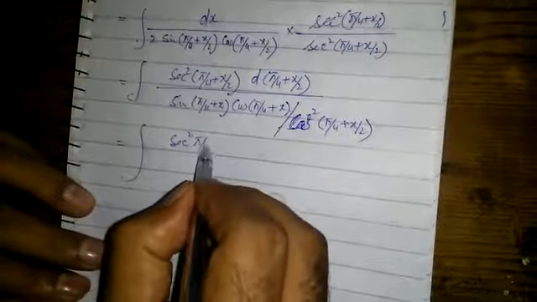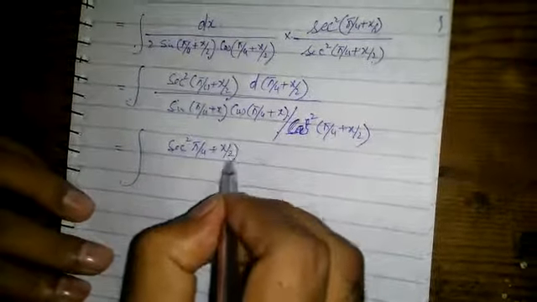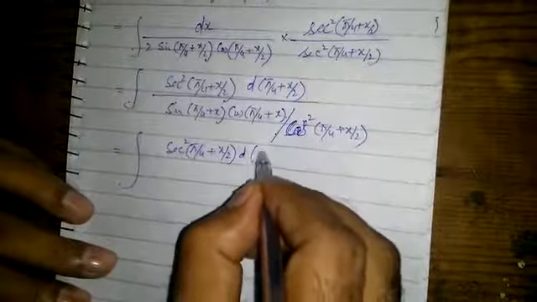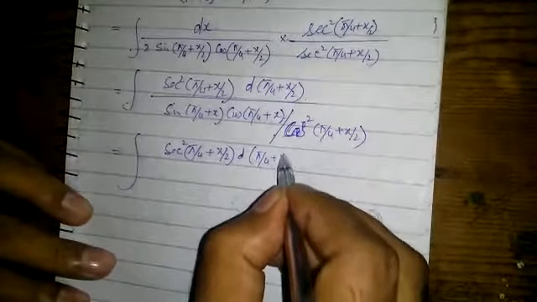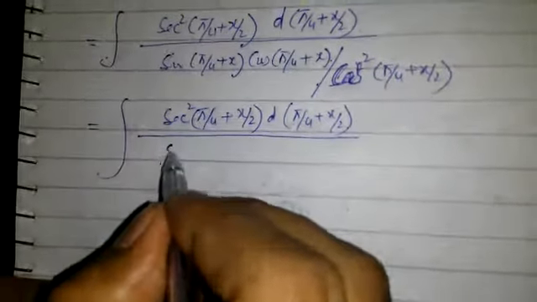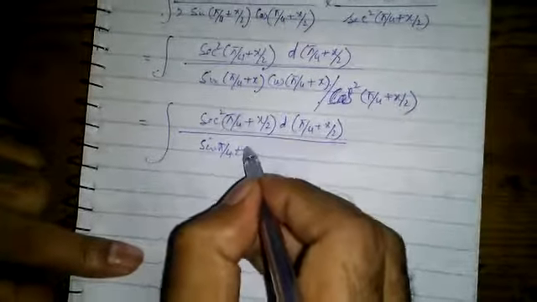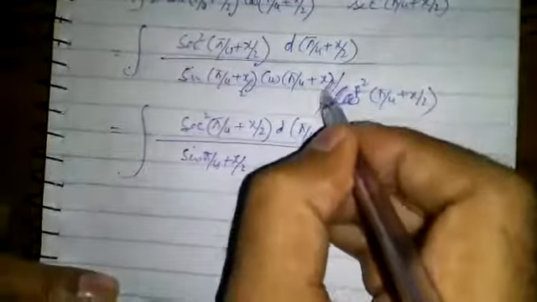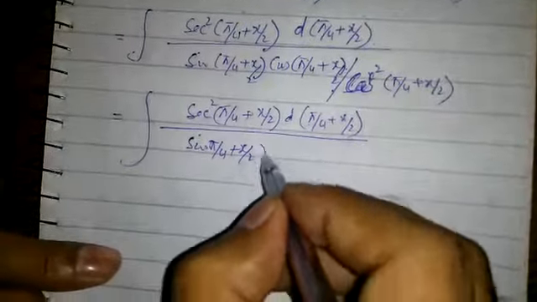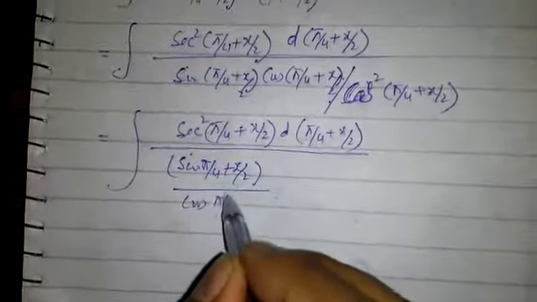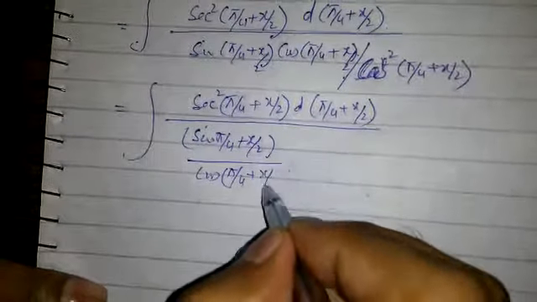So secant square pi by 4 plus x by 2 into the differential of pi by 4 plus x by 2, over sine pi by 4 plus x by 2 over cos pi by 4 plus x by 2,